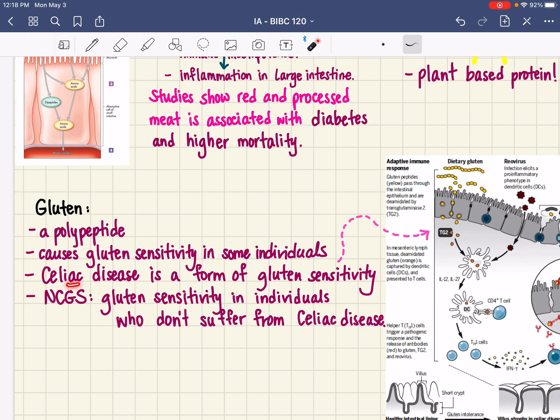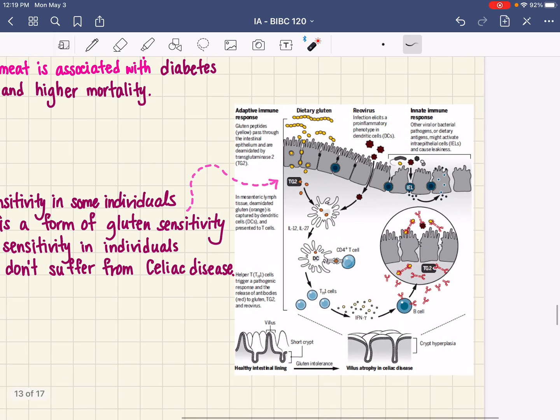Now, celiac disease is a form or a type of gluten sensitivity. There are other gluten sensitivities also. Let me retract that. Gluten sensitivity isn't only in the gut. Gluten sensitivity can be in other places of the body. I used to know somebody who was allergic to gluten, and when she ate gluten, she was unable to breathe properly, right? So that's one type of gluten sensitivity. Whereas celiac disease is a form of gluten sensitivity that takes place inside the gut.